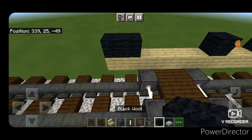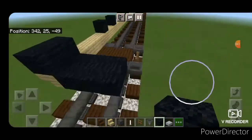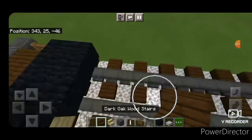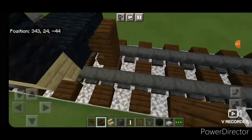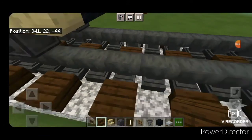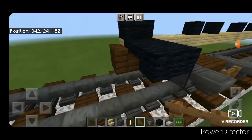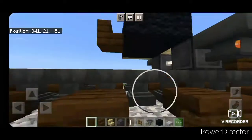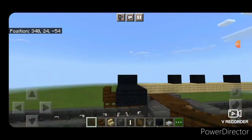Now we're going to work on the end, so black wool and a 2x3 coming across the very middle. And then in that center block, switch to your dark oak stair and bring that 2 up to be the coupler, and then erase the 1 underneath it. And now we have to place our fence gates for our air hose. So I'm going to come on this side to make it easier. 1 under the coupler and 2 coming back on the middle to meet the wheel so it looks like it's